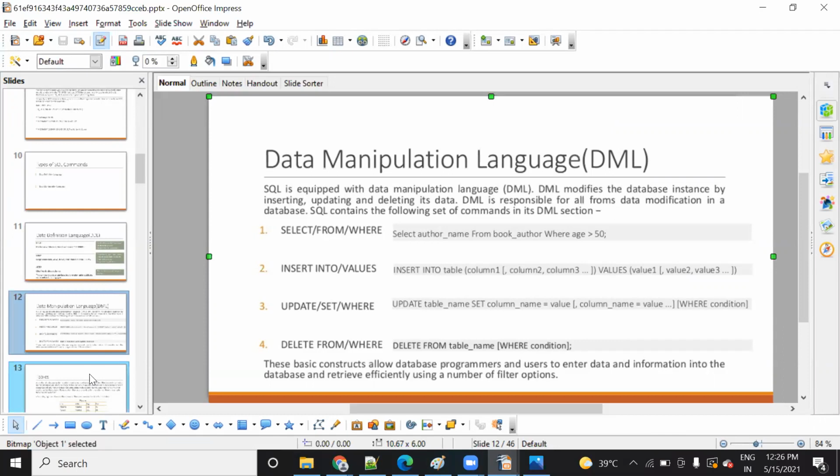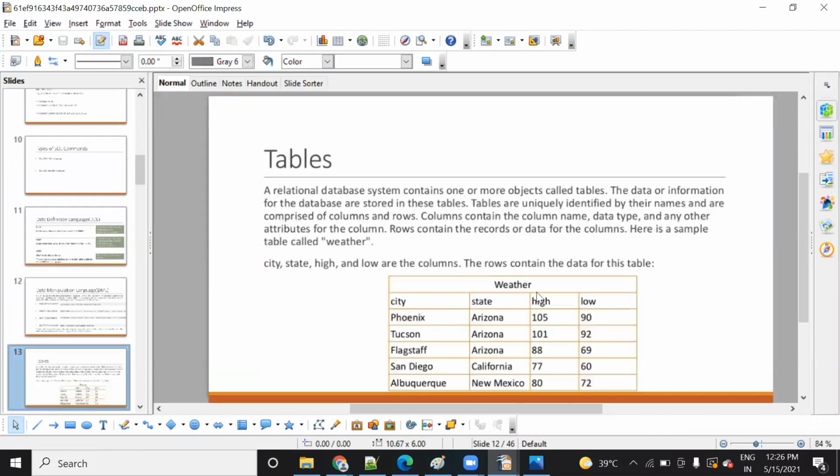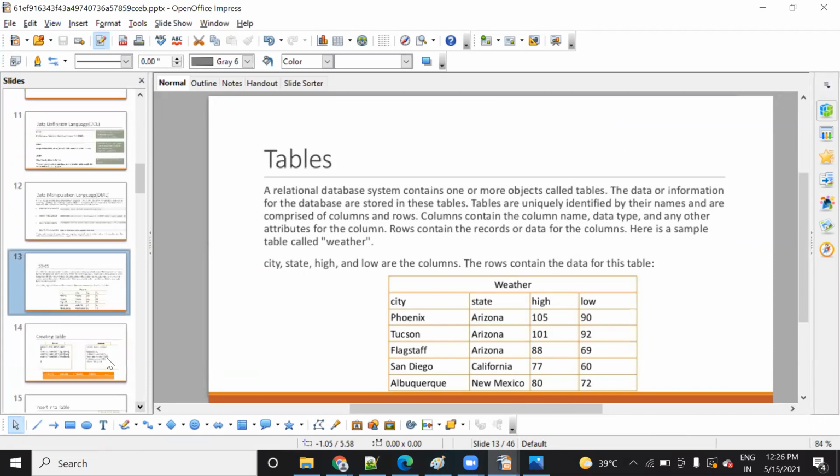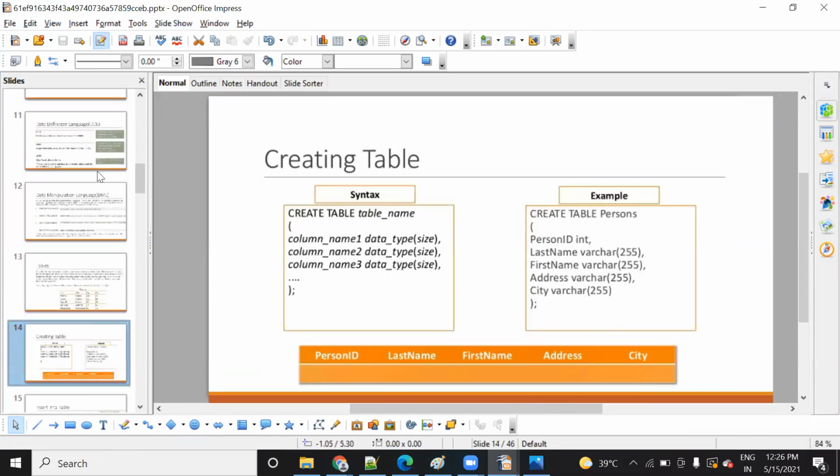In order to insert the data, suppose this is your table. You want to insert the data, then you need to write a query in such a way. But before going to that, how do you define the table? That query is this one: create table person. Here create comes under DDL, meaning you need to create a table here. See the syntax: create table, table name. When you go through this slide, you will come to know everything about how to create a table.